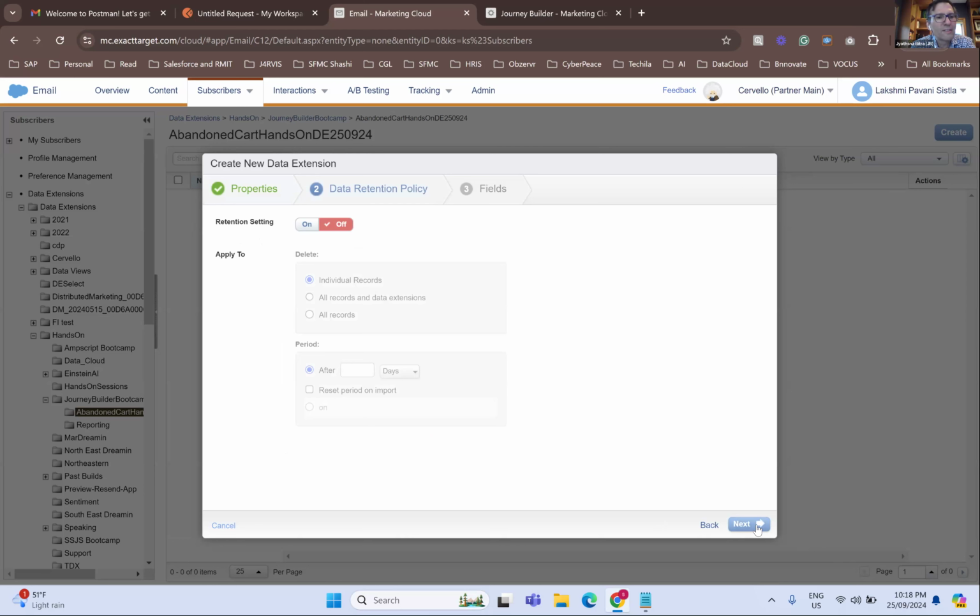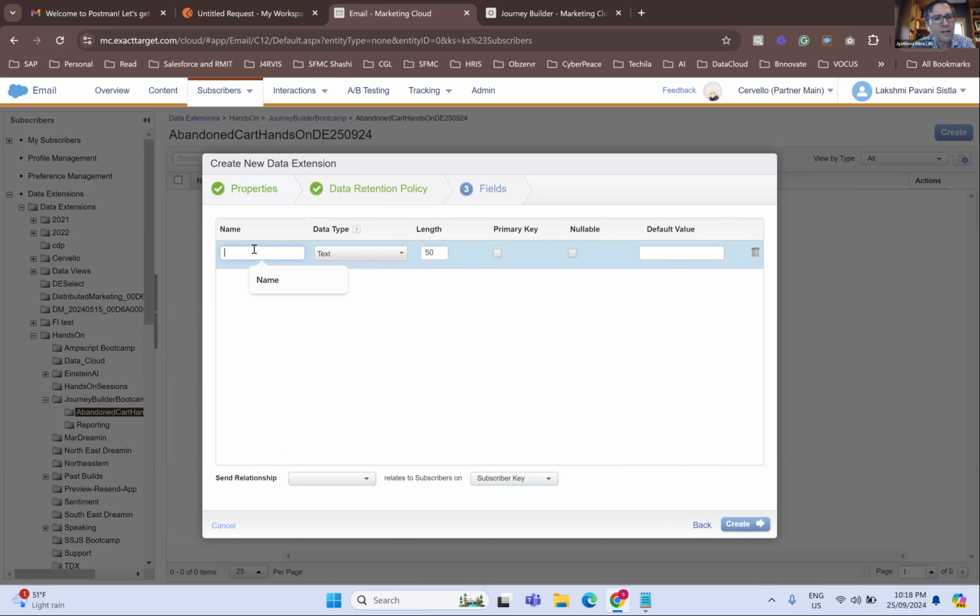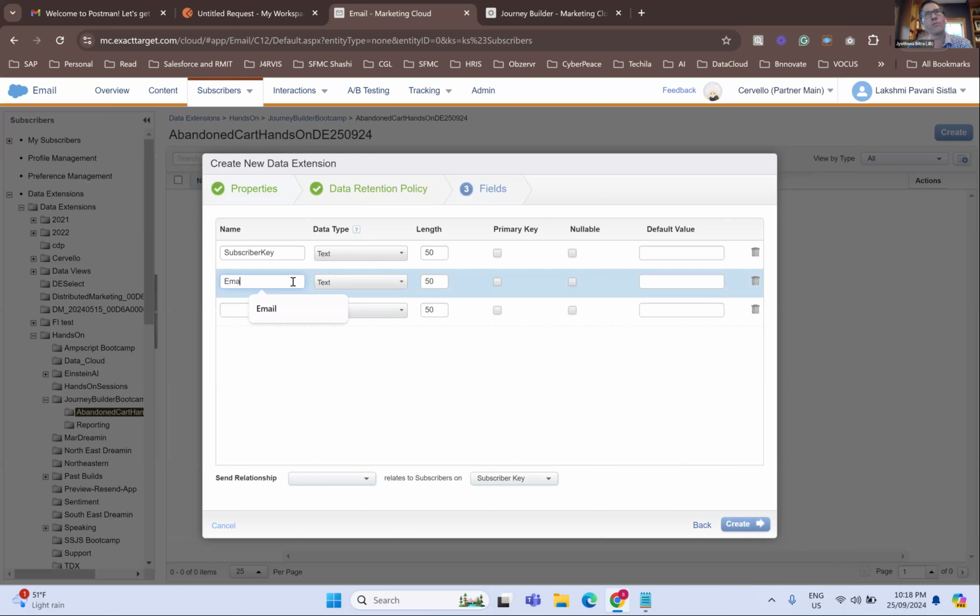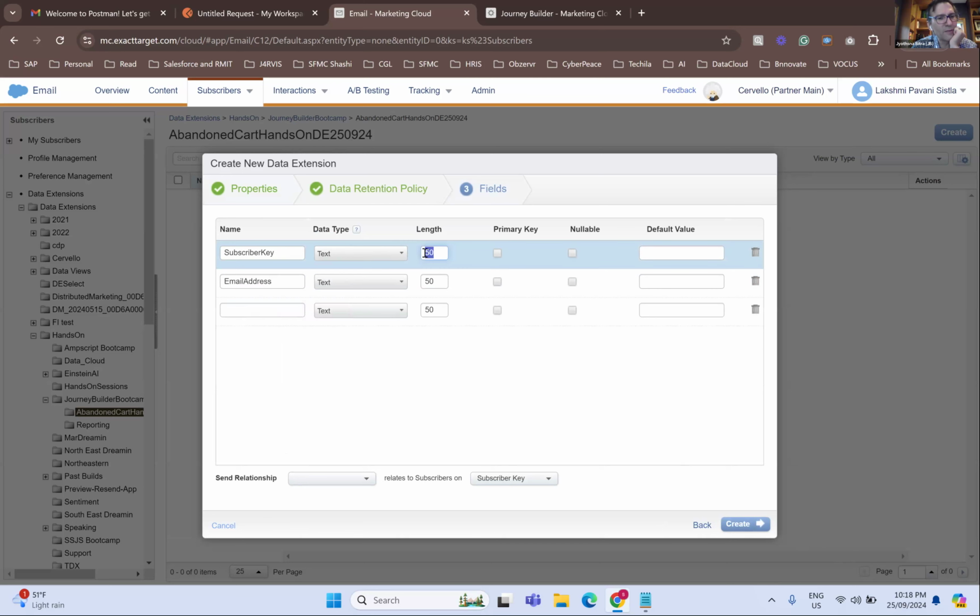Yeah, we'll not worry about retention settings for this example. And then we'll just do subscriber key and email address. That subscriber key, we'll probably have that be like a CRM variable. So 18 is fine, but if you want to keep it at 50, that's fine. It should be a primary key. Well, I think we'll leave it,